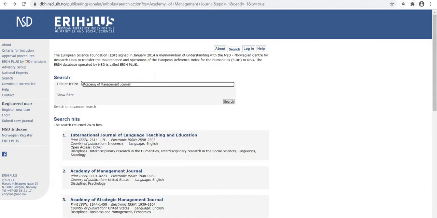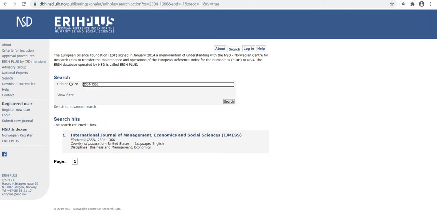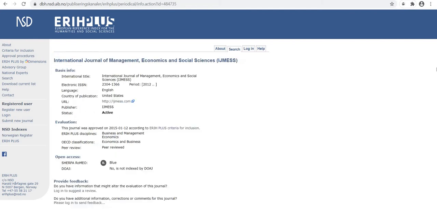Similarly, you can also search a journal by just typing its ISSN number. For instance, I'll type this and press enter. So this is the ISSN of the International Journal of Management, Economics and Social Sciences. I'll click the title of the journal.